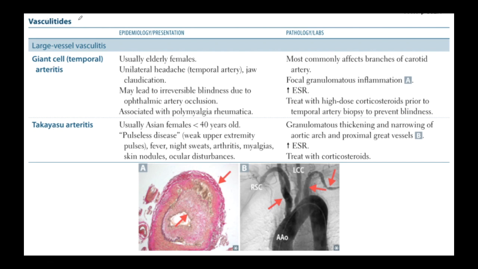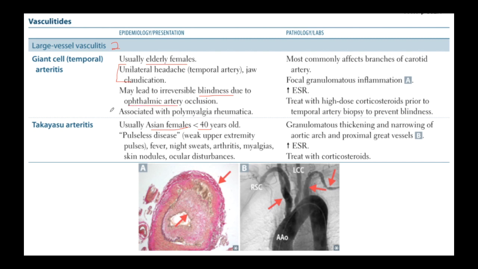Giant cell and Takayasu are two large vessel vasculitides, both affecting females. This one affects elderly females, and this one Asian females. First Aid says younger than 40, Pathoma says 50 is a differentiation, so let's stick with First Aid for now. Symptoms here include unilateral headache, jaw claudication, and it can lead to blindness with ophthalmic artery